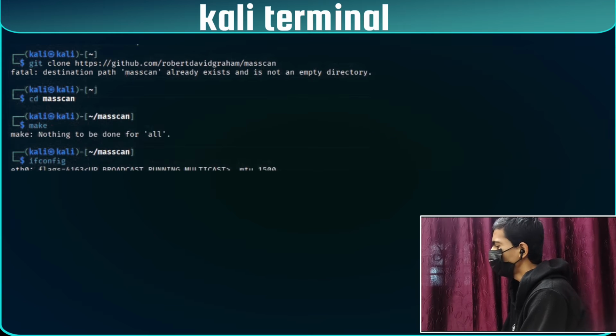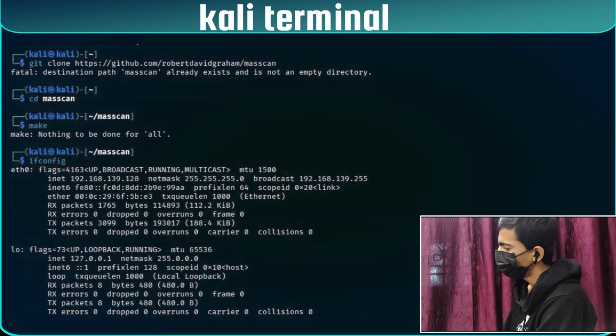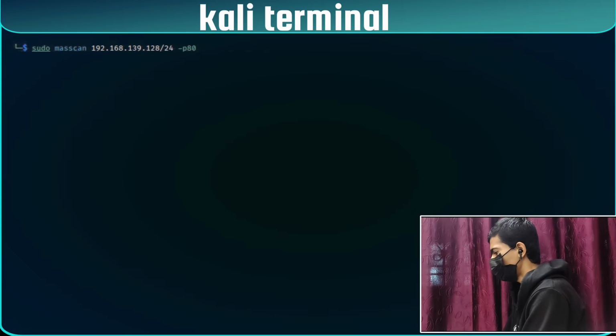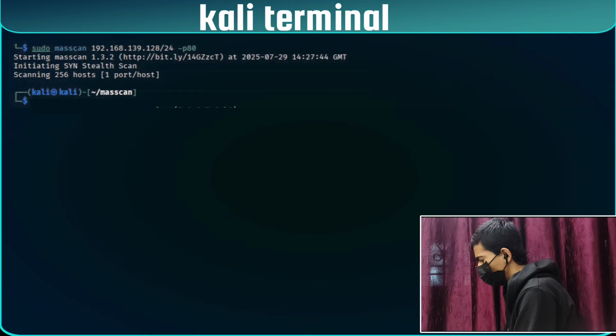Copy your IP. Let's start scanning with Masscan. It's very simple. Sudo masscan, then your IP /24, then port 80. It's very quick scanning. Then our next tool is,